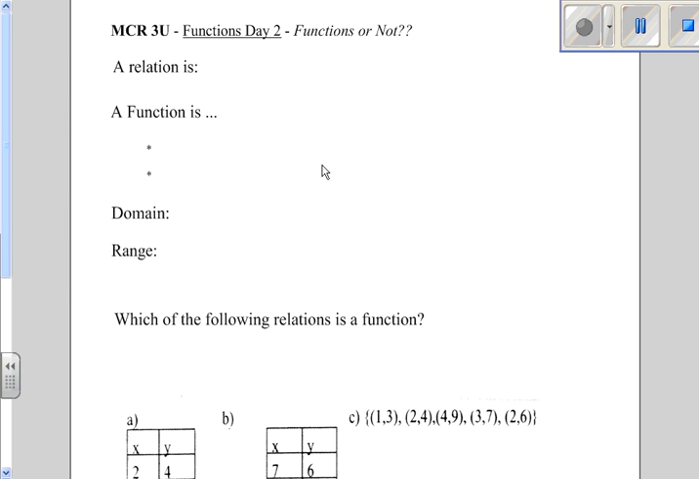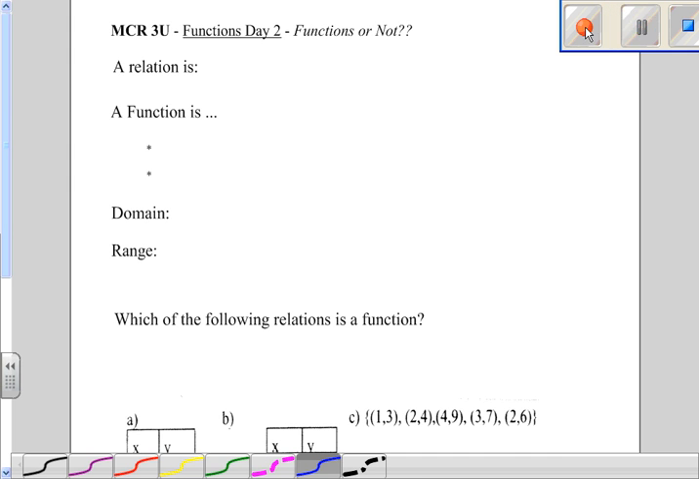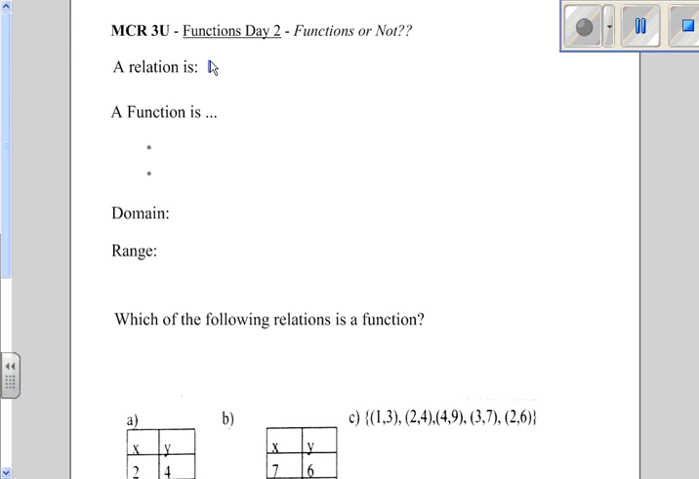MCR3U, we're on our second day looking at functions or not functions. First thing we want to define is what a relation is. A relation is, as it sounds, a relationship between two